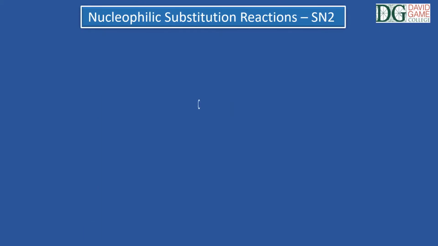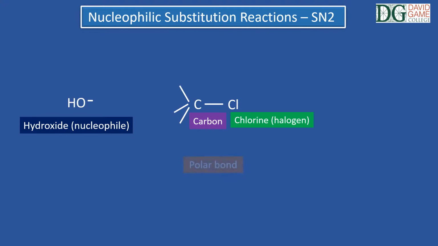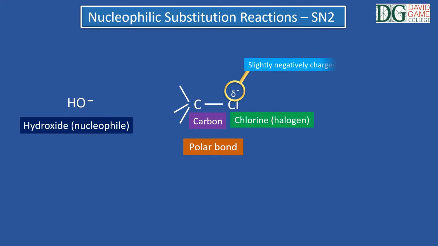Now let's see SN2 in more detail. I have included carbon, chlorine and hydroxide, but not the other compounds, in order to simplify. When a halogen such as chlorine attaches to carbon, they form a polar bond, because the halogen is more electronegative and attracts the electrons closer to itself, thus becoming slightly negatively charged. In other words, it is more electron dense. Consequently, carbon has lost some electron density and becomes slightly positively charged, and this makes the molecule more susceptible to